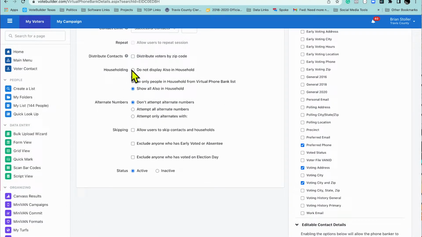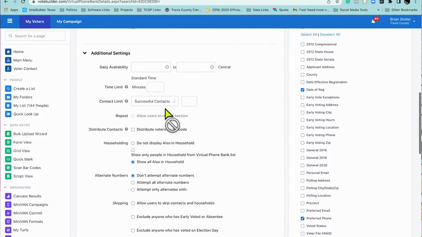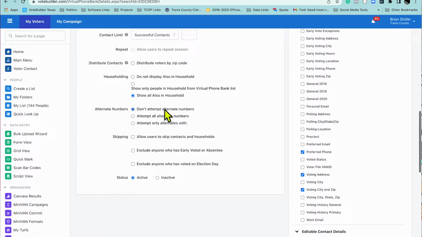I do recommend that whatever it comes set up as, you change householding to show also in household. I believe by default it comes as do not display also in household. And the reason why is because you never know who answers the phone. When you call one voter and maybe their wife answers or their kids answer or something like that, maybe they're